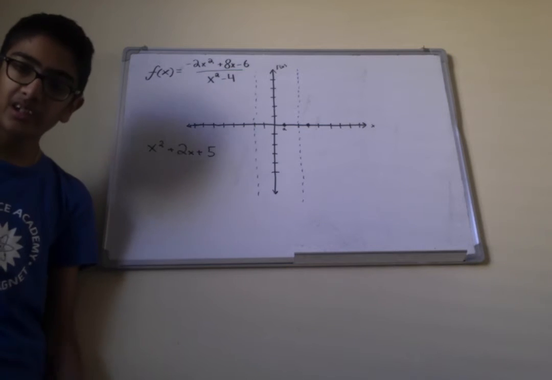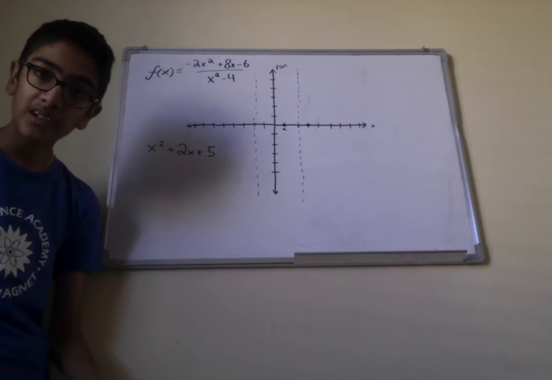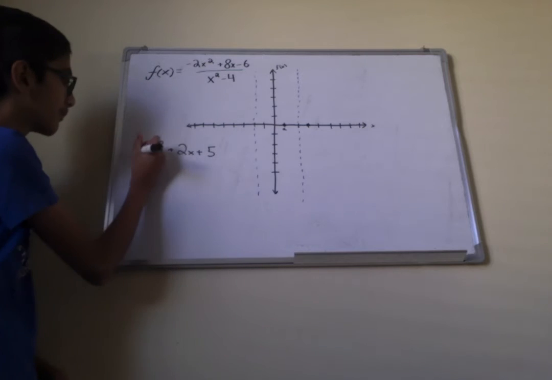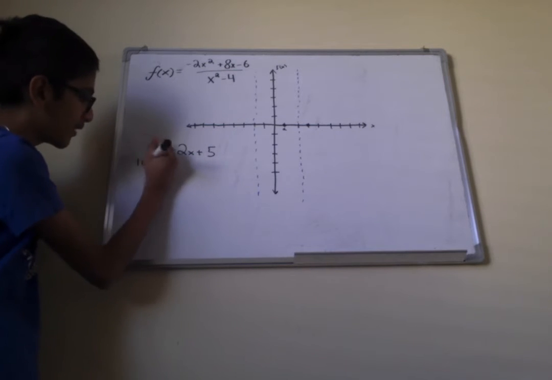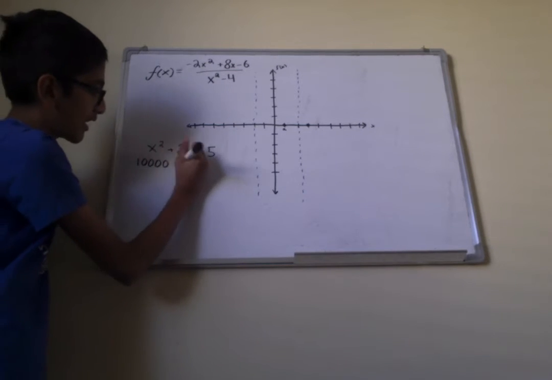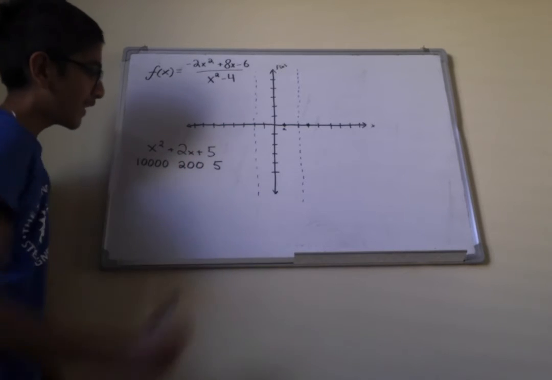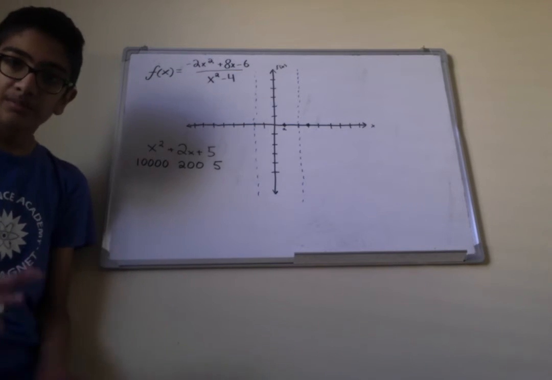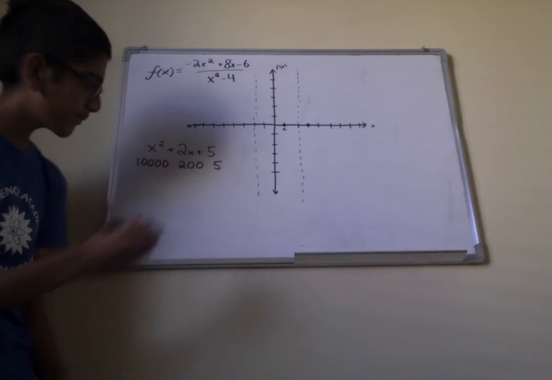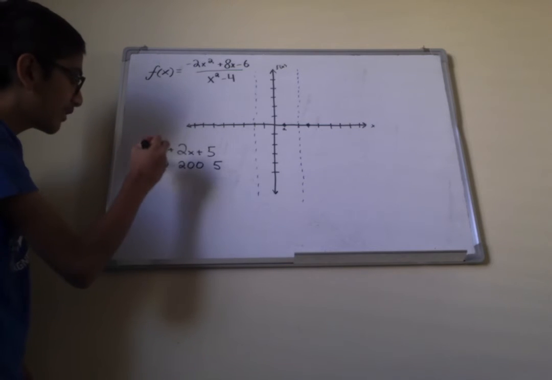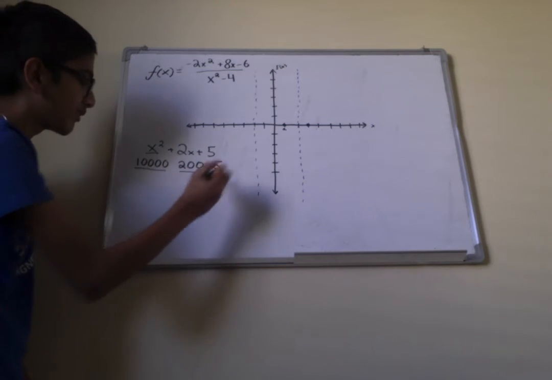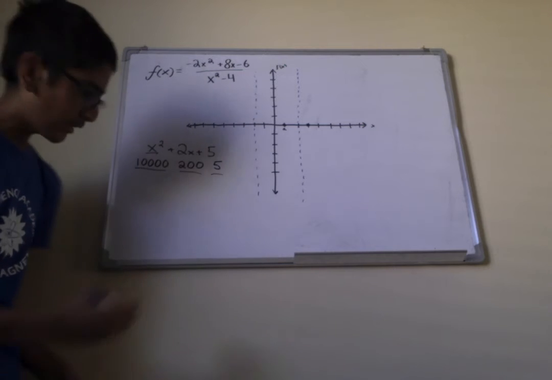Well, one thing that would make a lot of sense is if we had like 1,000. I mean 100. Let's have 100. x squared would be 10,000. 2x would be 100. And then it'd be 5. You can notice a pattern here, right? This value, x squared, is much larger than the other two. And as we get even bigger, let's do